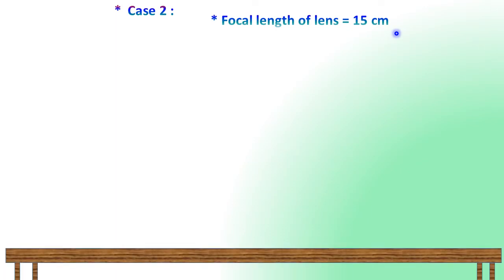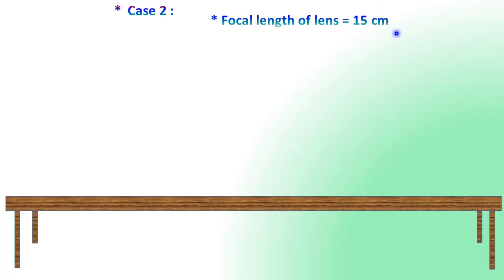Here the image distance is equal to 15 centimeters, because the image has been formed at the focal point. I place the candle at a distance of 70 centimeters, nothing but the focal length, so the image is also formed there at the focal point. That's the focal length of the lens, image distance equal to 15 centimeters in this case. But the object here is far away from the lens. We consider the object's distance as infinity here.